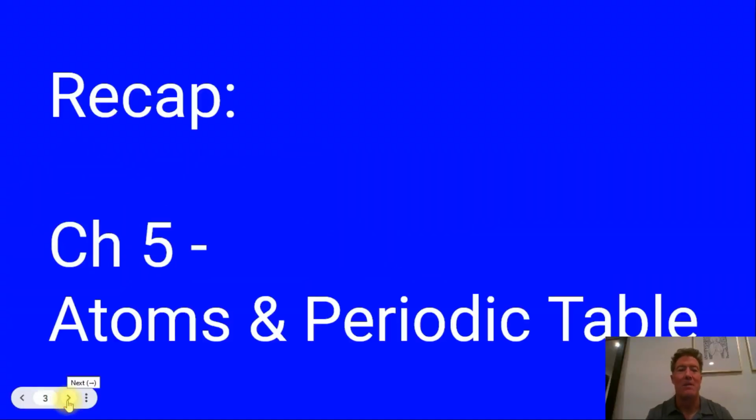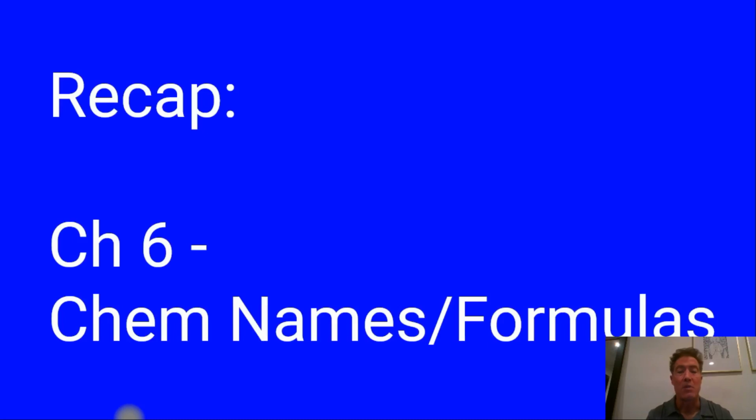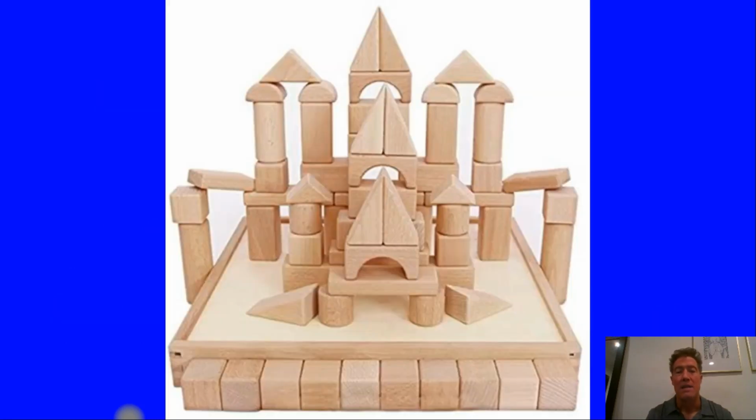Let's recap. Two chapters ago, Chapter 5, we talked about atoms and elements that form the periodic table. These are the building blocks for basically everything else, all the millions and millions of compounds that we study in chemistry. In Chapter 6, we looked at chemical names and formulas. So it's the stuff we can build out of those elements. The elements are like the building blocks, and the molecular compounds and ionic compounds are like the things we can